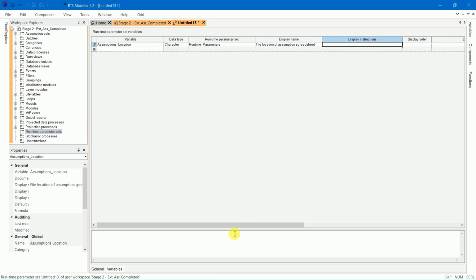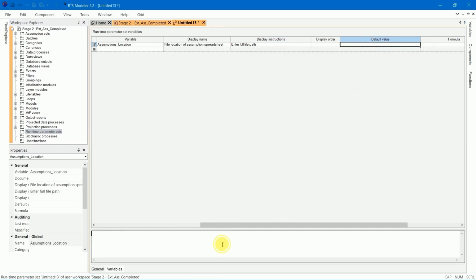The display instruction is enter full file path, and set the default value to the following. We will use the system placeholder variable workspace folder to locate the path of the workspace.